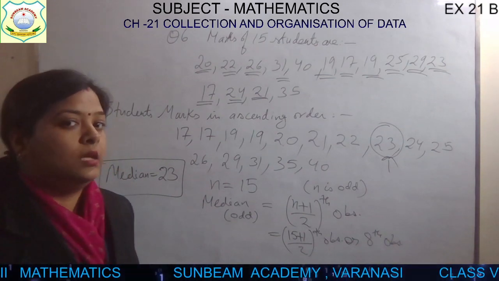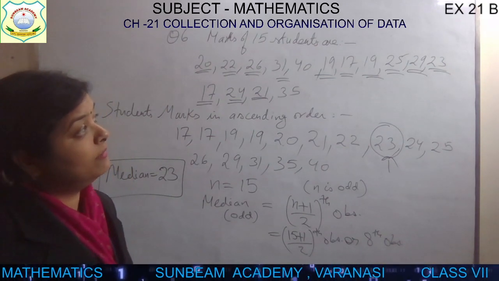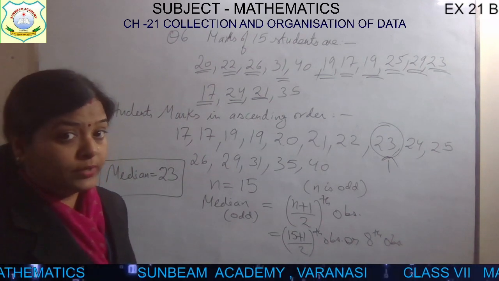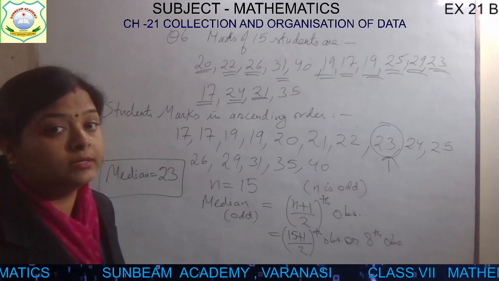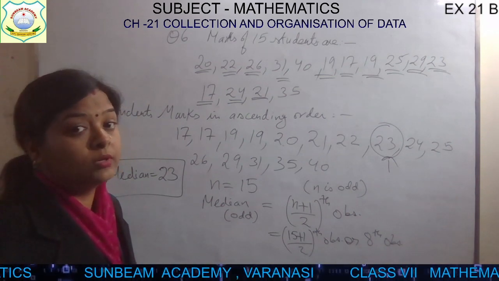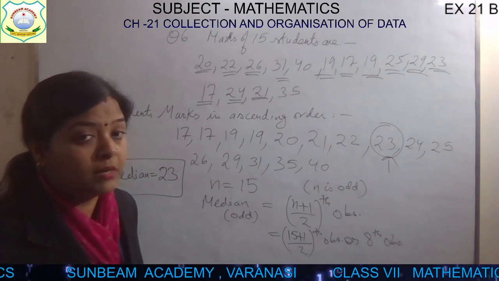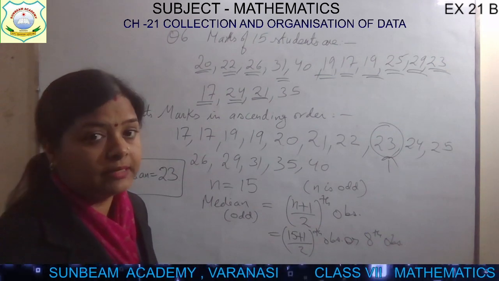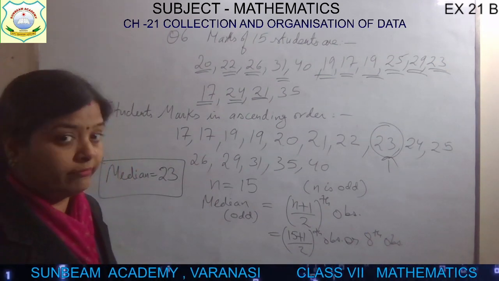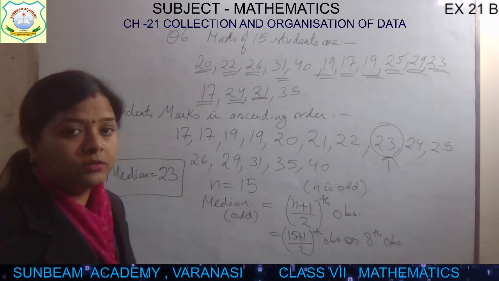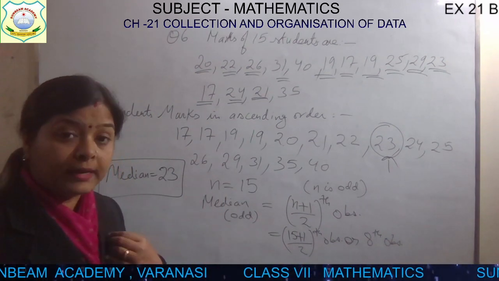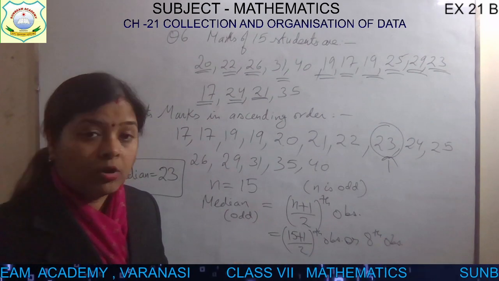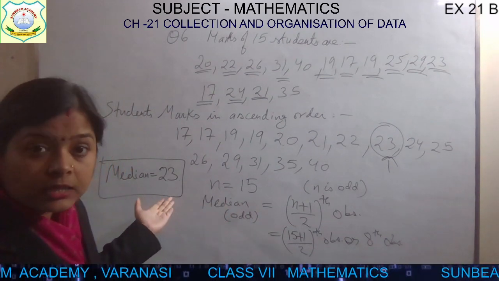So it means if we find that the median of the marks of the students in the class is 23, now it's not very good, isn't it? It should be more than that. If the median marks is above 40, then only we can say that the class is good. Every student had got good marks. So in this way we used to observe also, as a teacher, what is the status of my class.